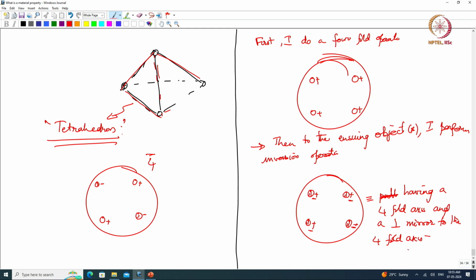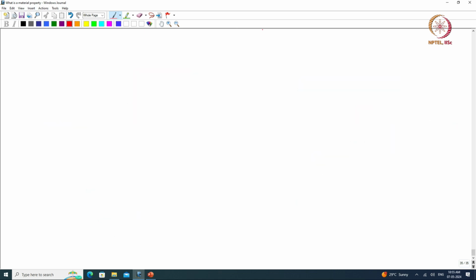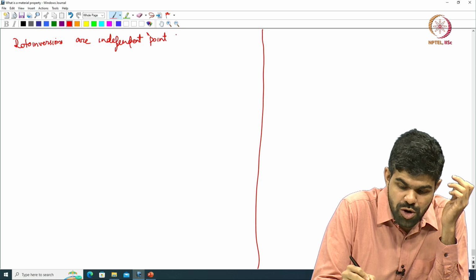Right. We will see that this goes to what is called a point group, which is 4 by m. It is not really "by m" meaning a mirror, a fourfold axis cut by a perpendicular mirror, but this is not the same as a 4 bar point symmetry operation, right. So, this is a point group essentially, which is different from a 4 bar point symmetry operation, right. That emphasizes the fact that rotoinversions are independent point symmetry operations,